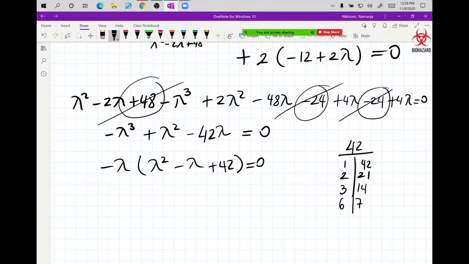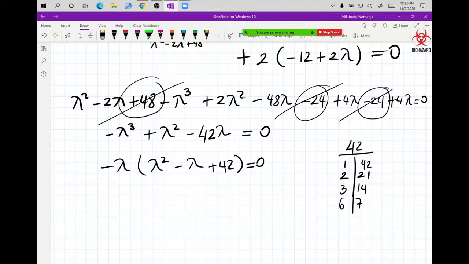Can't factor this, guys. I need this to be a negative value so that it works out nicely with 6 and 7. Or I need the coefficient of lambda to be whatever these numbers add to. So now that it's this close, I want to think that there is an arithmetic mistake somewhere, apart from the one being pointed out for the 42 over here. Because this is not going to factor nicely